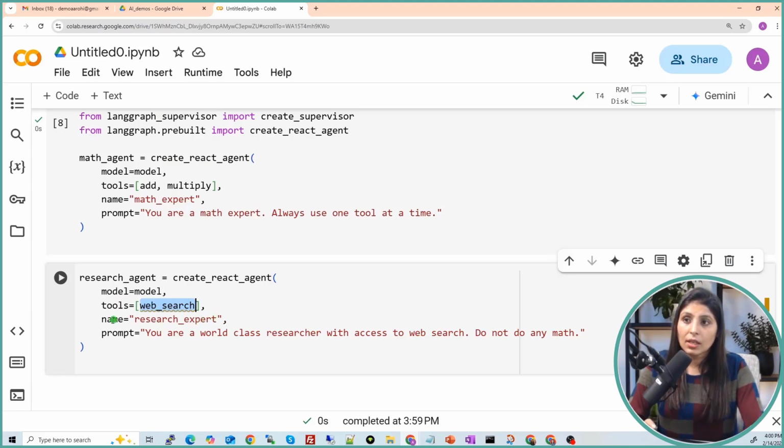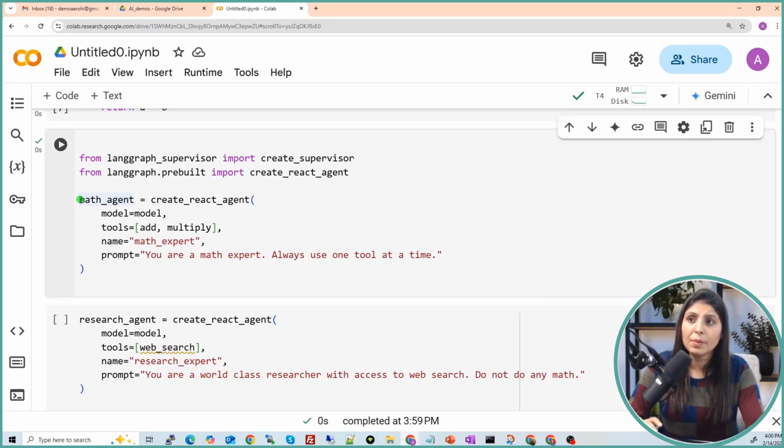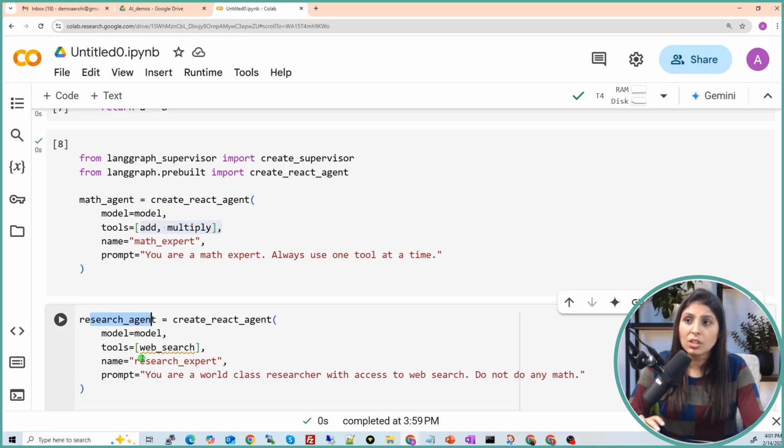And see, the name over here is research expert, and the prompt is you are a world-class researcher with access to web search. Do not do any math. Okay, so guys, see, here we have two different agents. So these are multiple agents. I have prepared one agent which will only perform mathematical tasks. Then I have prepared another agent which will only perform the web search task.